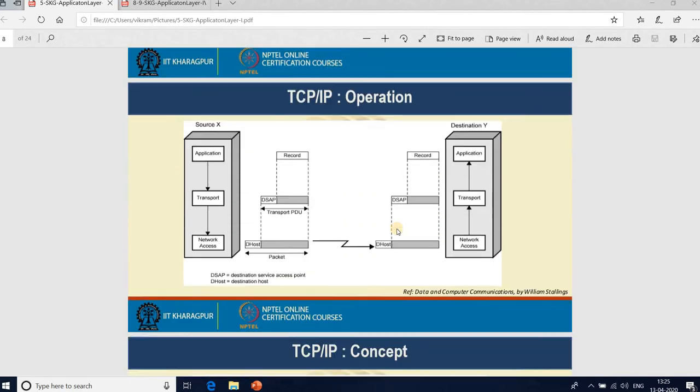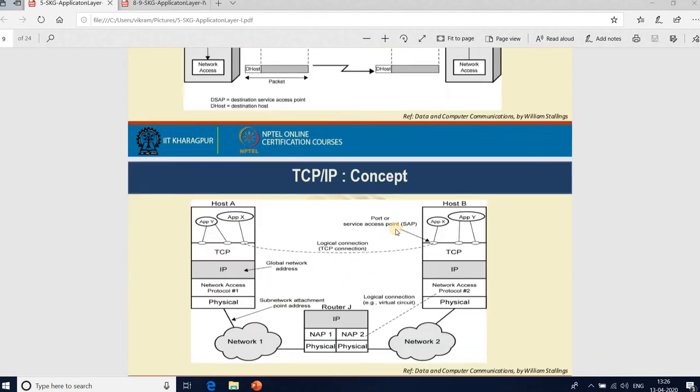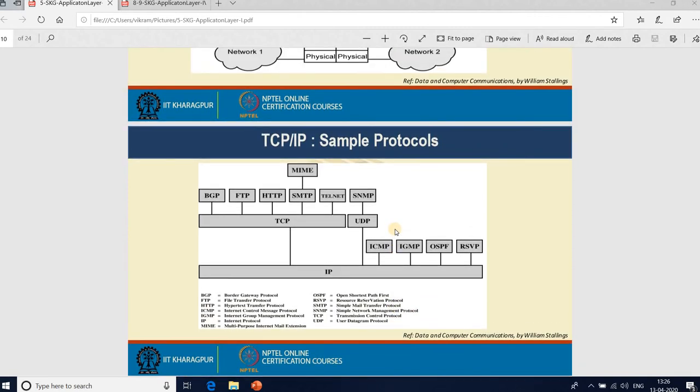The application layer is the fourth layer in the TCP/IP protocol stack. We'll briefly discuss which protocols support the transport layer protocols as well as the IP layer protocols. Can you see this diagram?